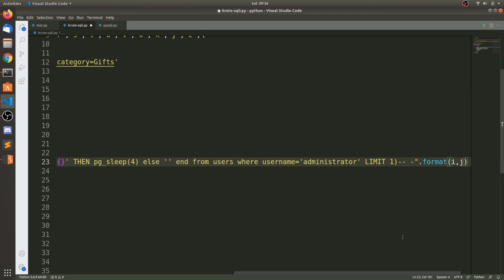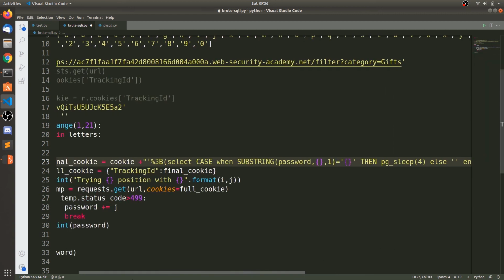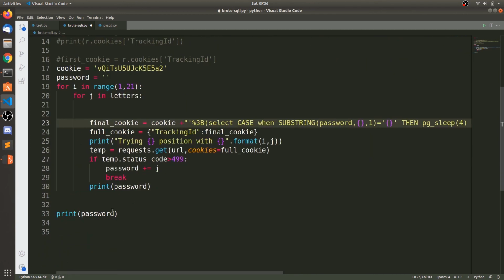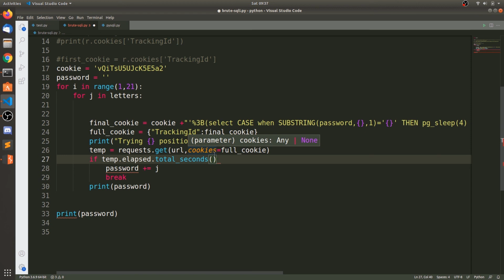The first position is the password field position, and the second one is our letters. So here what we need to do is we need to say temp.elapsed.total_seconds. So this will give the number of seconds the response has taken to reach us.